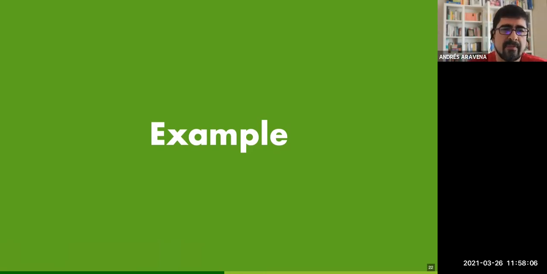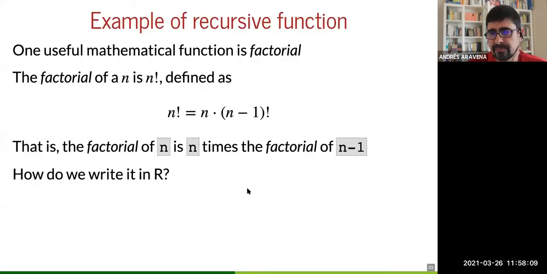Very simple: the factorial. Some of you may know this exclamation mark. It's a mathematical formula where you take a number, like 5, and it means 5 times 4 times 3 times 2 times 1. And you might have something like 20 factorial divided by 3 factorial. People use it when they count things, in the binomial theorem and so on. When you say, for example, (a plus b) to the power of n, you will get n factorial somewhere. Okay? So one way of defining this is n factorial.